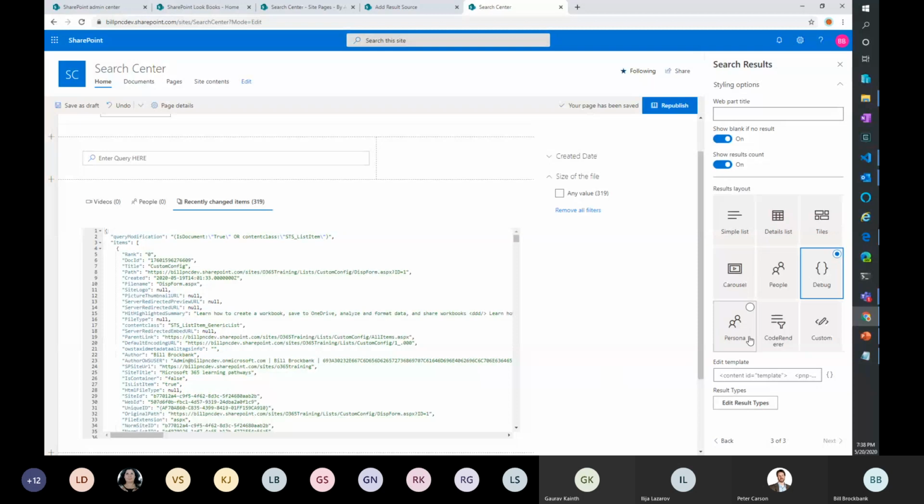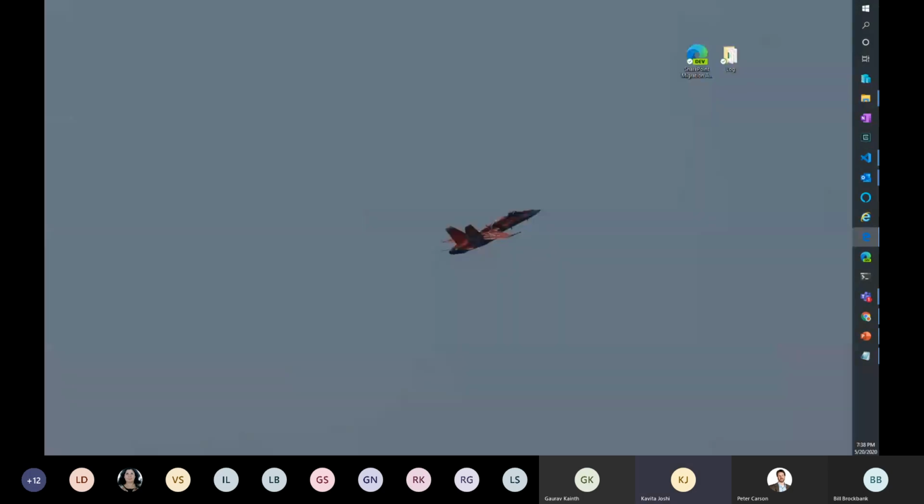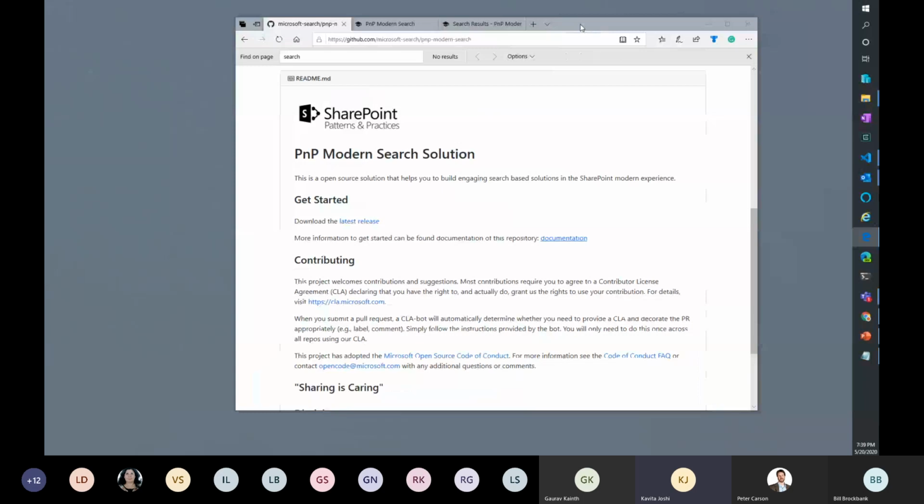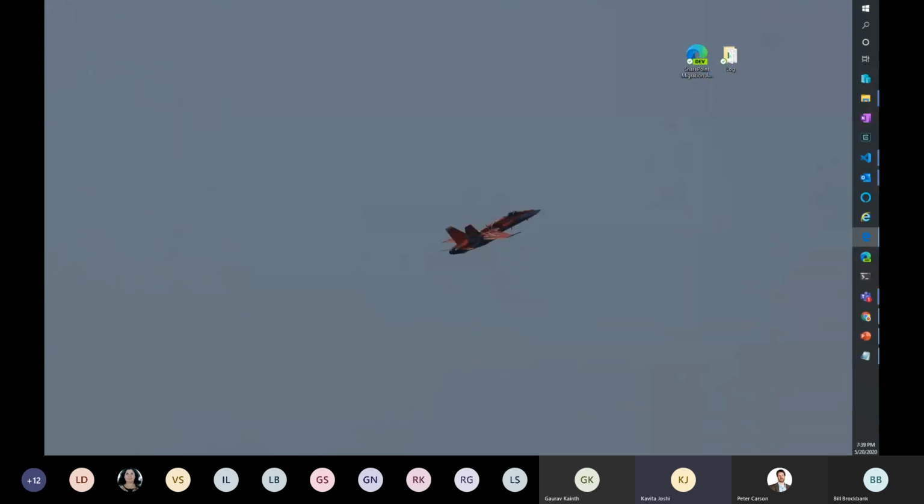Somebody had a question? Yes, I have one. This is Kavita here. So can you have a different layout for verticals? What do you mean? So you had 3 verticals, I guess, the all or documents, and then people, the 3 tabs at the top, the verticals. Oh yes, you could. You showed different sources, right? Can we choose a different layout per vertical?